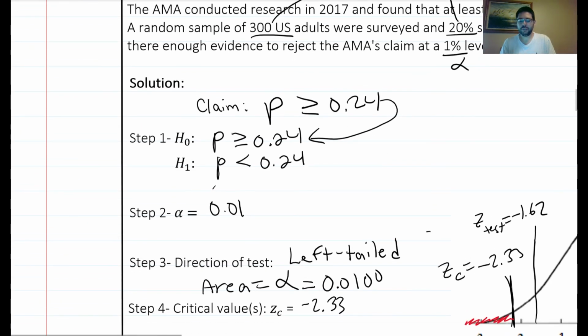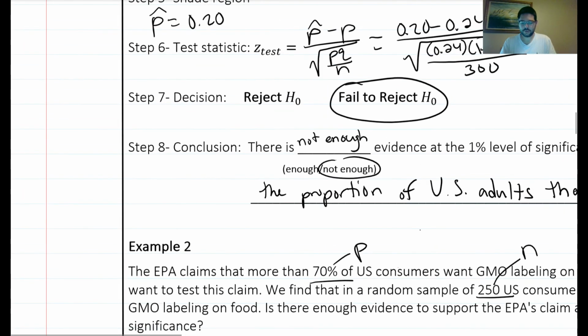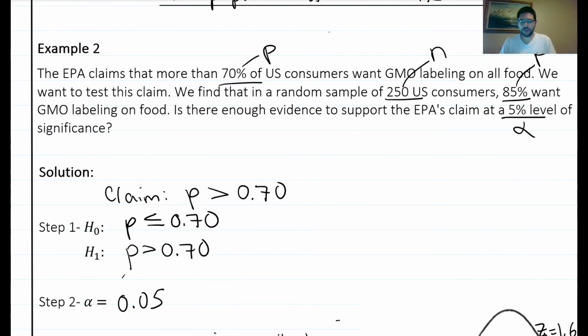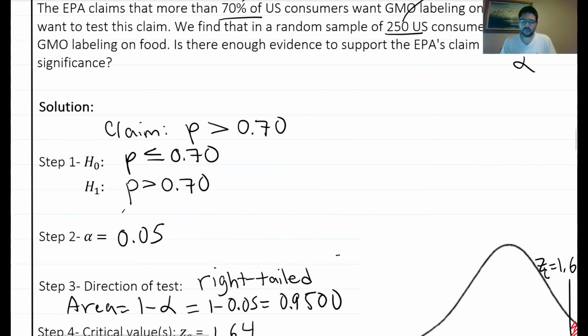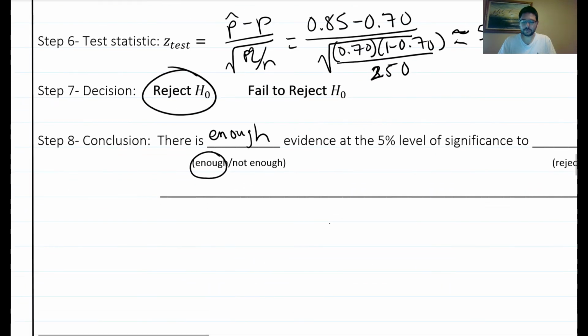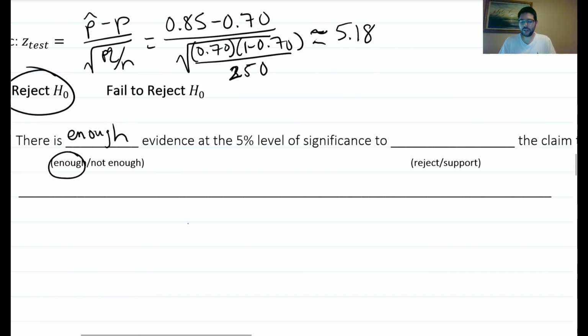So therefore we're going to say, yeah, so we're going to use the word reject here. Oh, I'm sorry, I'm looking at the wrong one. So our claim does not belong to our null hypothesis, our claim belongs to our alternative. I was looking at the first problem. So the claim in the second problem belongs to the alternative, which means we're going to use the word support. Okay, so there is enough evidence at the 5% level to support the claim